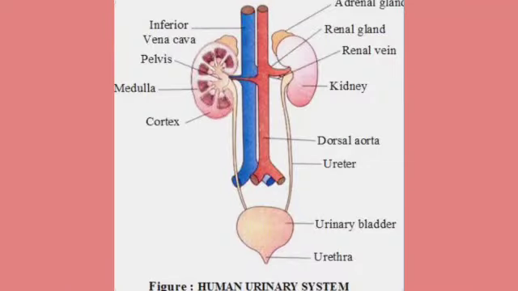See the full kidney here, the two kidneys, ureter and urethra. What happens actually, in short, we can see that in the cortex the glomerulus and the nephron are there, and the purification takes place. Then it comes to the medulla, from there it comes into the pelvis, and from there it comes to the ureter, that is the tract which is collecting the urine, and it comes into the urinary bladder, and from that it is given out through the urethra.